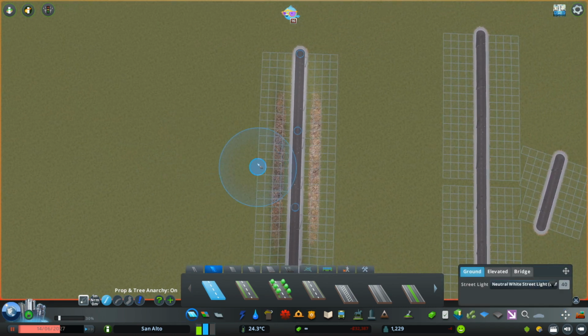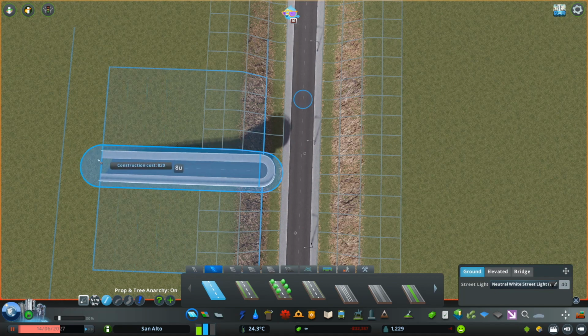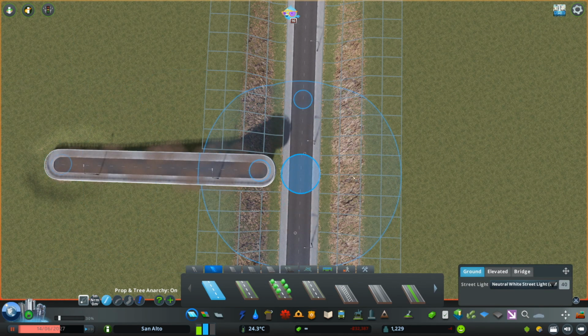If you have some other mods like Find It or Road Heights, you could change things. I'm going to tell this to go up. Oh, it decides to do a tunnel now. That's fine. I'm trying to do this without using all the mods. If you start where your, I guess, elevated support should be,